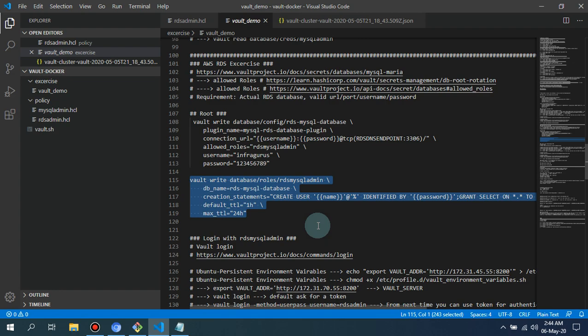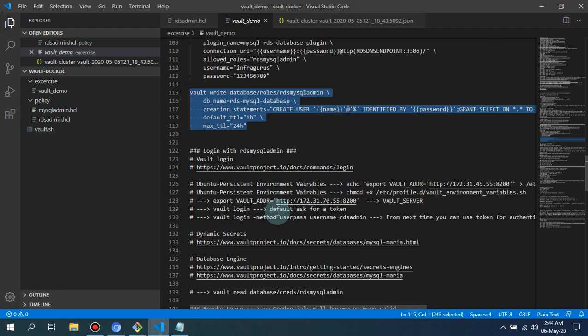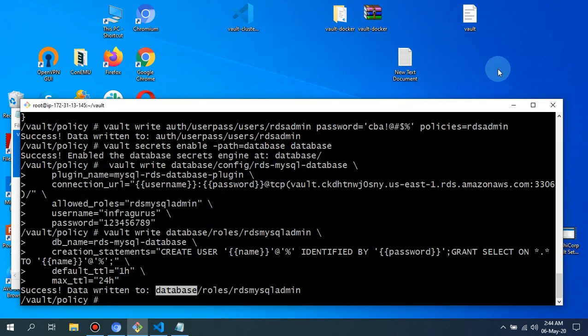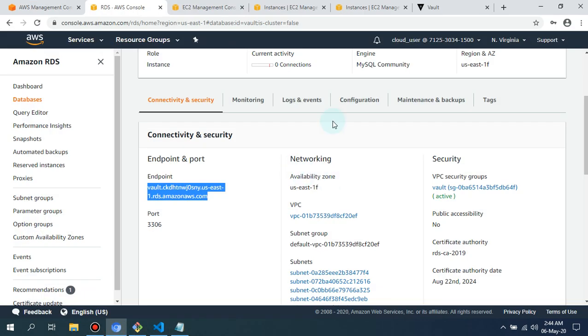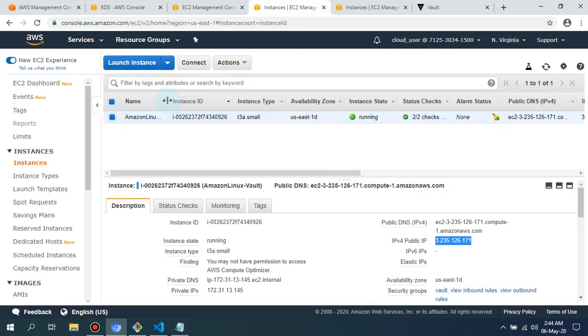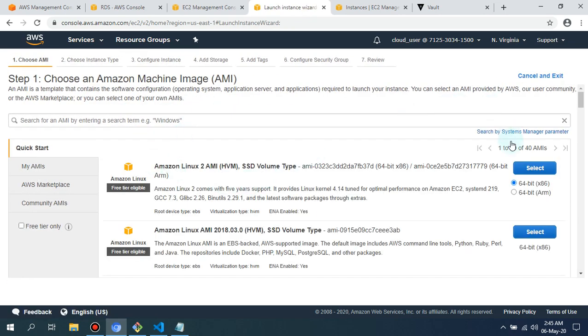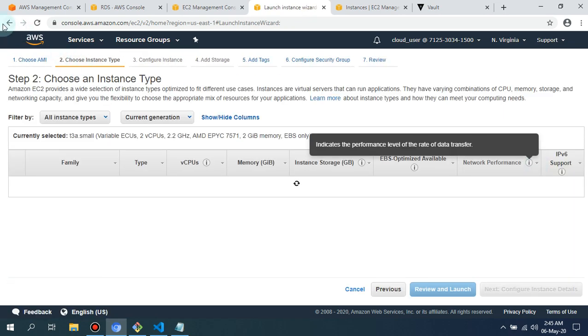Okay. Now I will show you one more thing, so you will have a better idea of what we are going to do in this demo lab. This is Amazon Linux, and we have set up our Vault in it. Let me just rename it. Yeah, it's vault. I'm going to launch another EC2 instance,